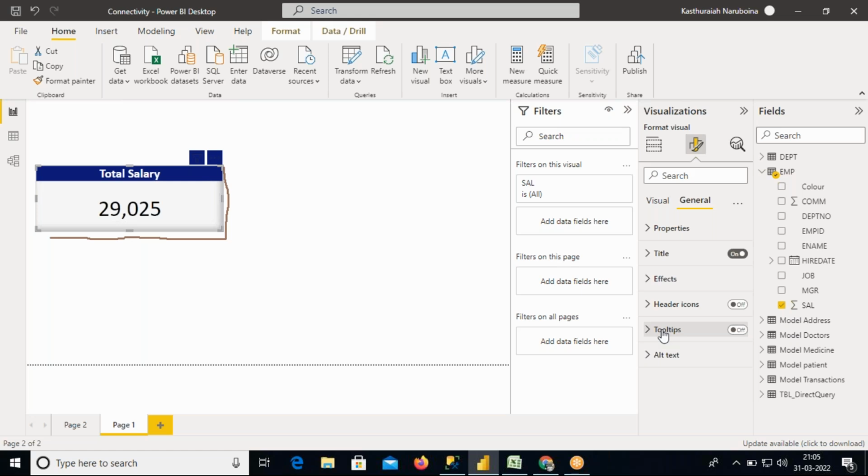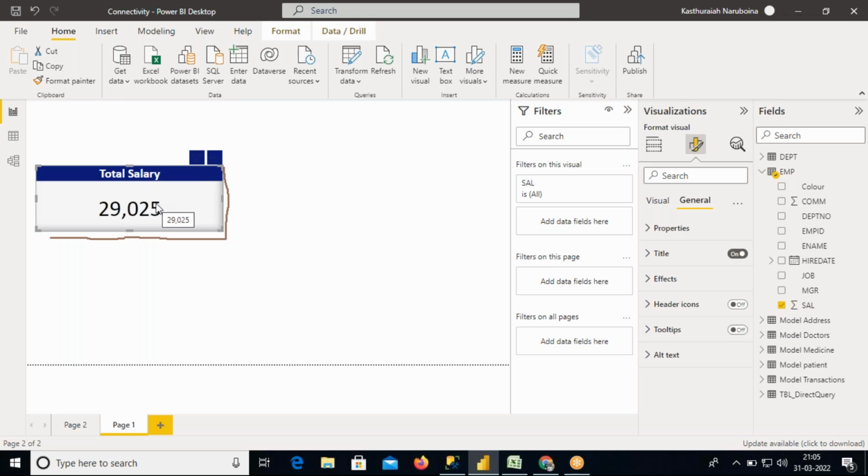What about others? Anyone remember a tooltip? It will show some additional information. When we place a cursor, if you want to show additional information, we will enable the tooltip property. If you remember in SSRS report, while discussing charts, right? So charts, yes, to show when we place a cursor on any